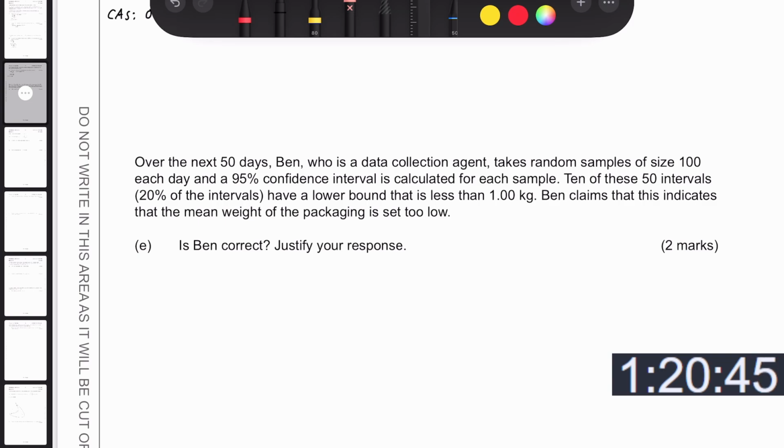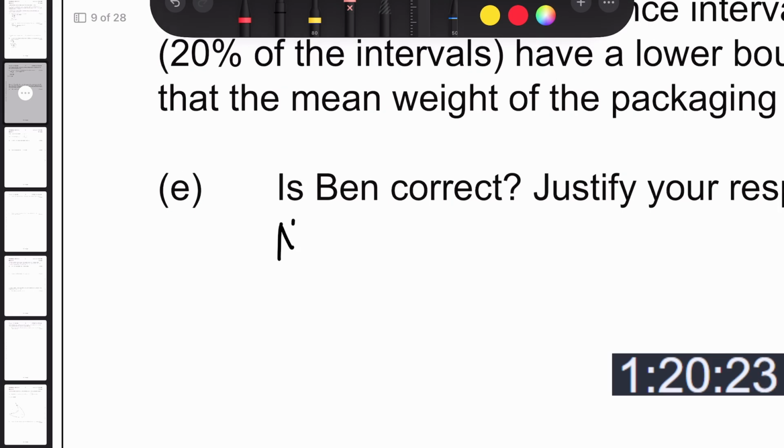But it's only the lower bound, it's not the mean. So I'm going to say no,